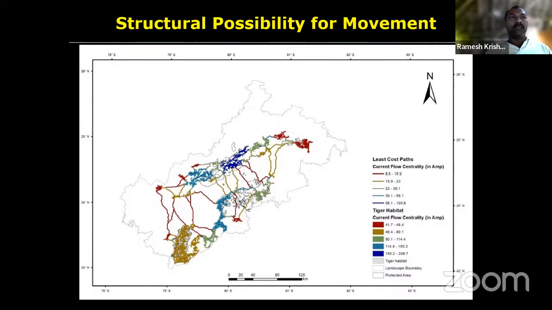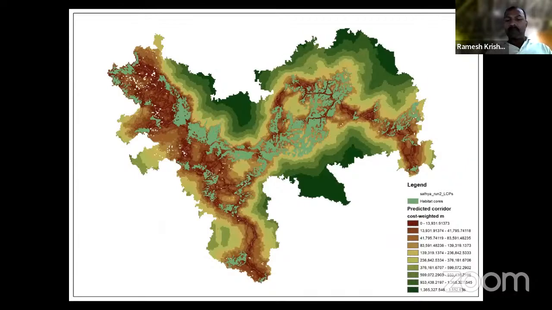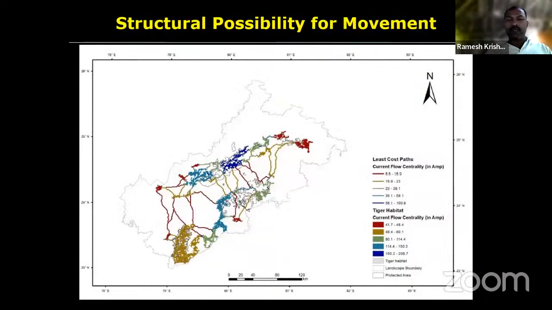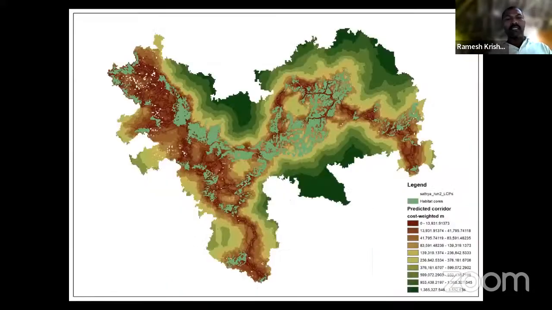There are many other connectivity modeling tools available. The one that I showed is an example from the same greater landscape we discussed yesterday. This is an example coming from the Western Ghats, three states, Kerala, Tamil Nadu, Karnataka put together. So we could actually identify where the forest is, where the movement can take place. What you see in brown is an area where the cost is low, so animals can actually move around. That is how connectivity can be managed.